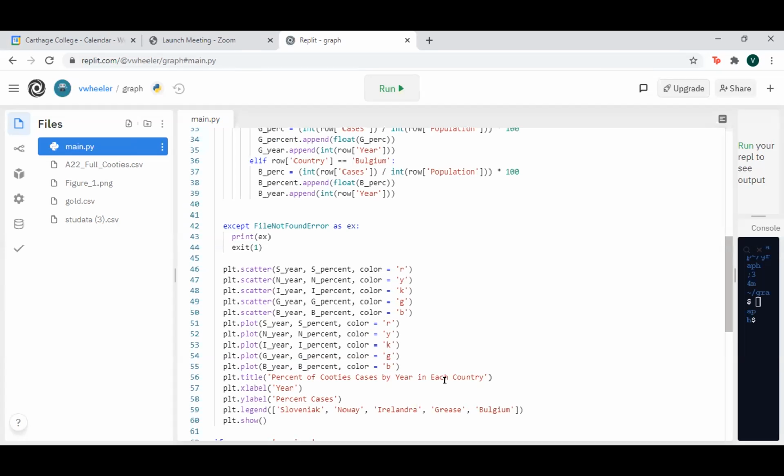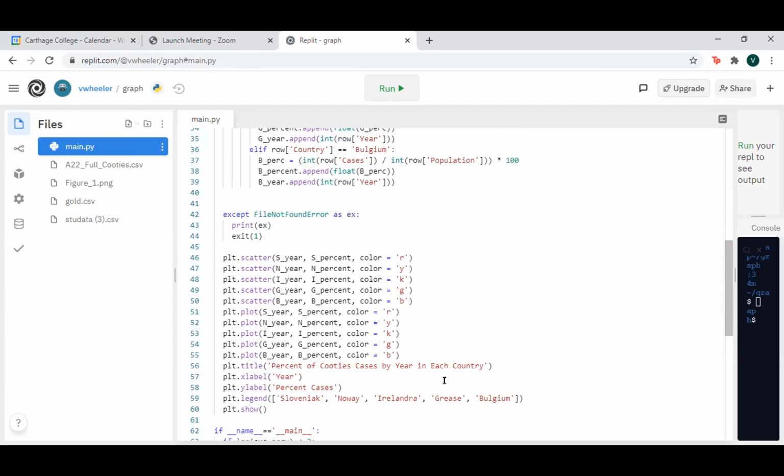A suggestion that I would have is, for example, S year and S percent and N year and N percent, if those themselves were in a list, and then you could just have a loop that said for each set of years, for example, do a scatter, and you'd be taking the next set from the list. So here, let me,